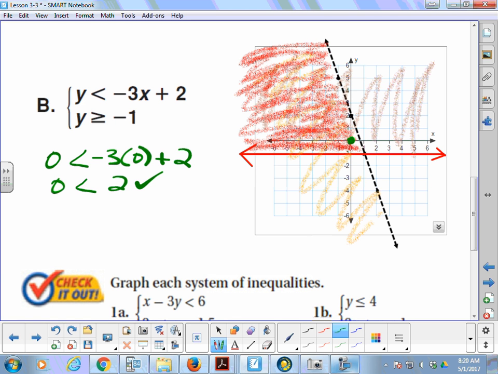It's below there. So then is 0 greater than or equal to negative 1? Yes, that's true. So that means it worked there. So I know that any point in this region is a solution to the system then. Okay, so let's look at